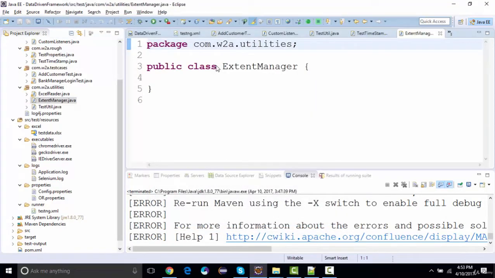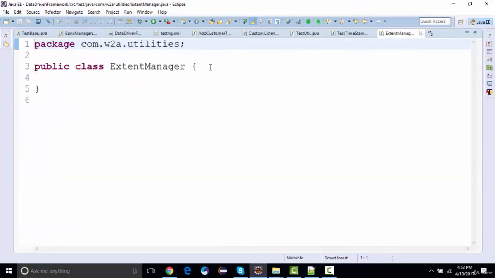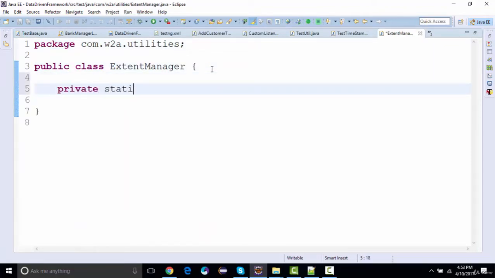Now, in this extent manager class, I'll be initiating my report. I'll be getting the instance of this extent reports. Basically, I'm gonna create a variable, let's say private static ExtentReports. So this is one of the classes in extent report. I'll name it as extent, right? So I'll import this